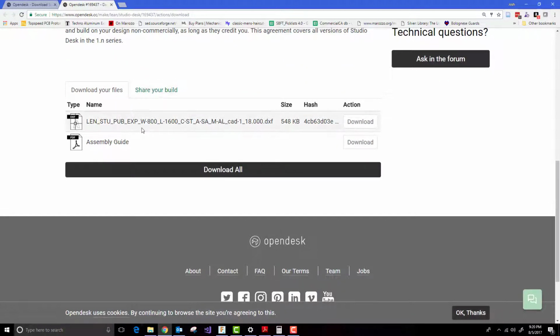But the download page initially shows you the DFX file and the assembly guide, which I jokingly call the IKEA guide. There's a DFX file per sheet of plywood necessary to make something. So if something's really, really big, it takes 3 or 4 sheets of plywood, there'll be 4 separate DFX files. Now, their code here, I can't decipher this code except for 2 things. I can tell you that CAD-1 gets to CAD-2, CAD-3, CAD-4,